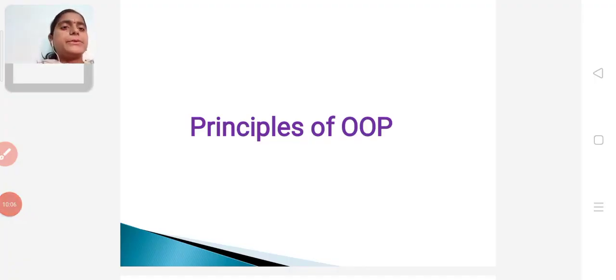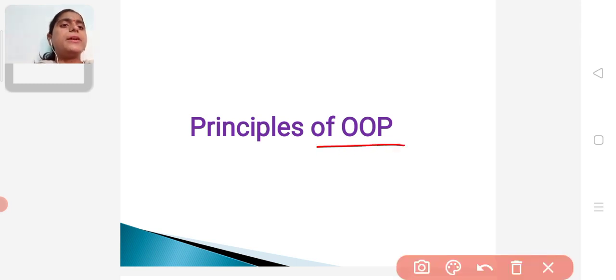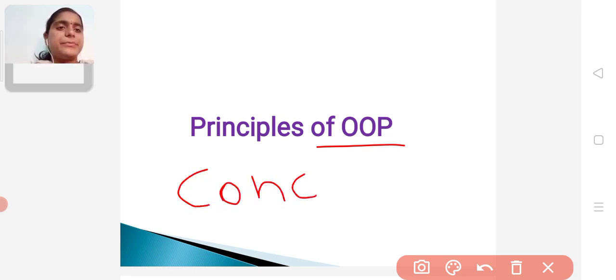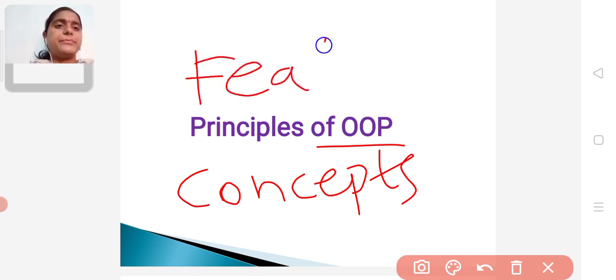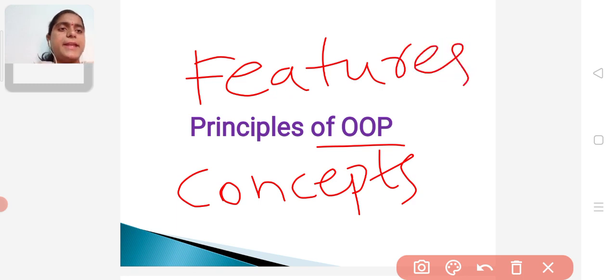So now we are entering our main concept, that is the principles of object oriented programming. We can also call it object oriented programming concepts, or object oriented programming features. All are the same.